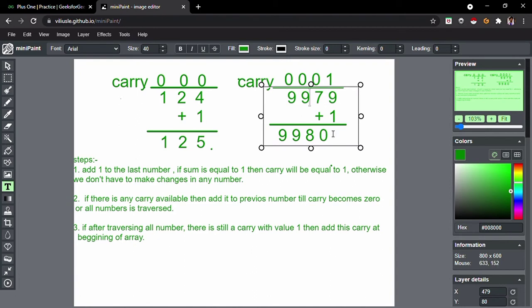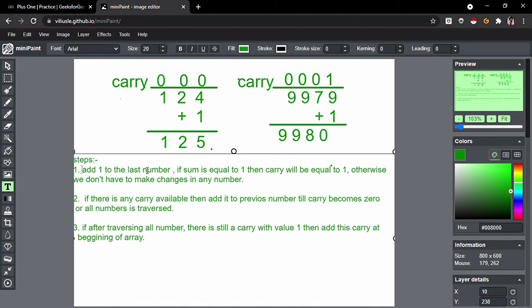So I have already written those steps here. We can have a look at this. Add 1 to the last number just like this. If the sum is equal to 10, then carry will be equal to 1. Our digit can be anywhere from 0 to 9, so after adding 1 our maximum sum can be 10.